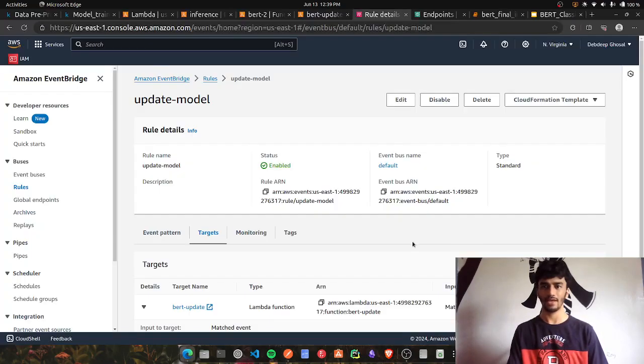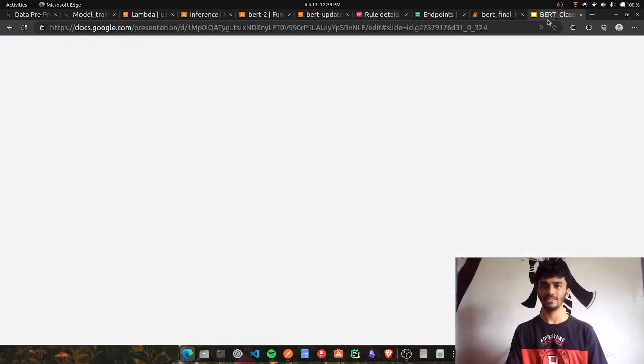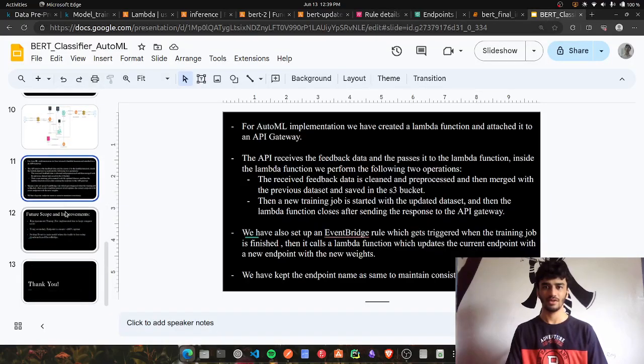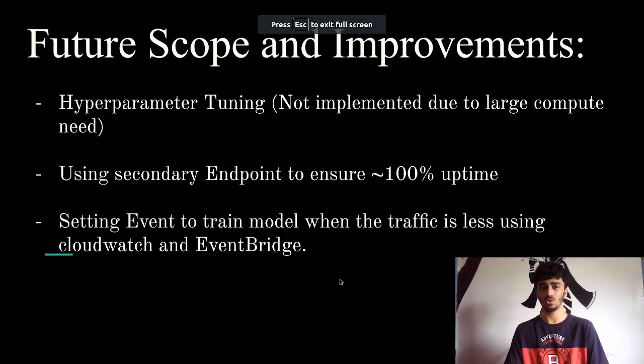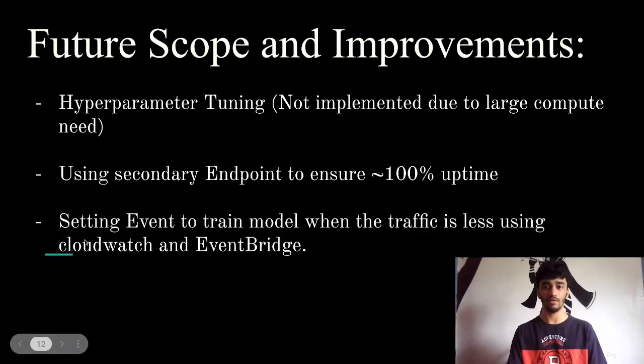So yeah, for the next step we'll look at some future scope and improvements that we can make to the system. The first one is hyperparameter tuning. I have not implemented this because it takes large compute. Okay, and then we can also use a secondary endpoint to ensure close to 100% uptime. And then we can also set an event to train the model when the traffic to the endpoint is really low, or there is no